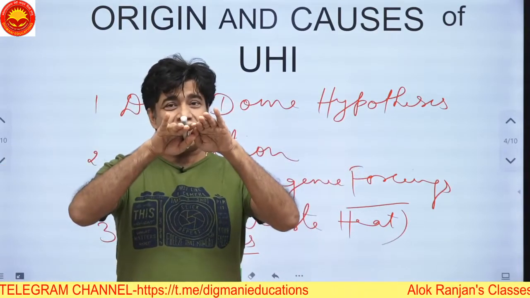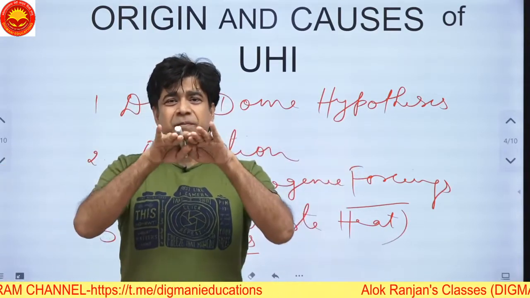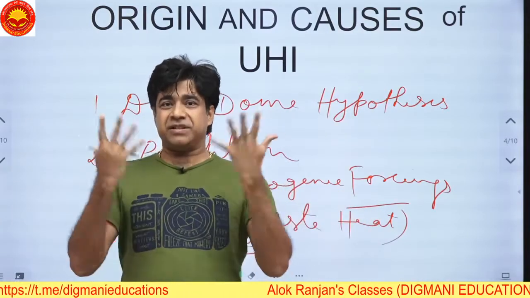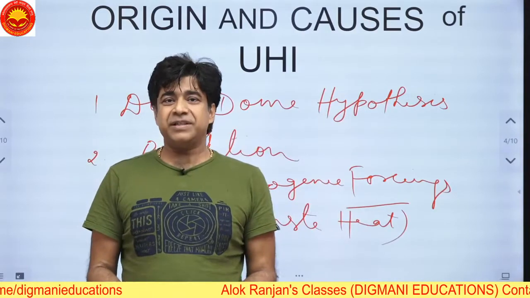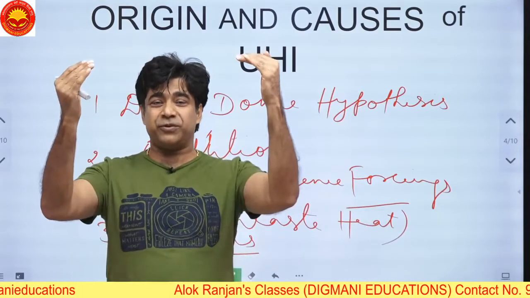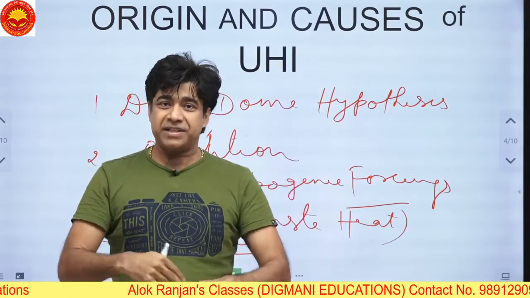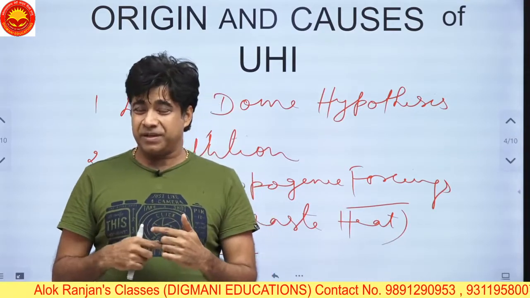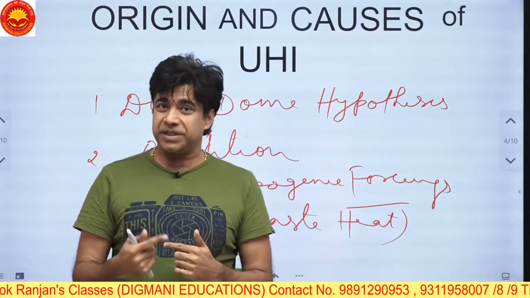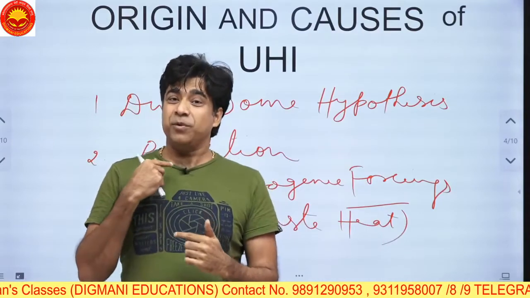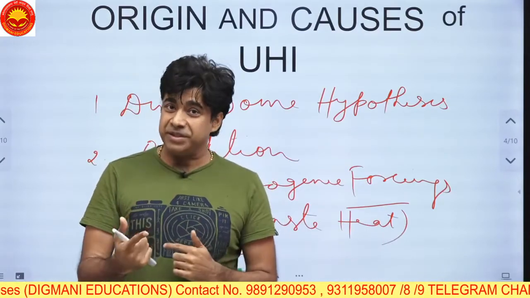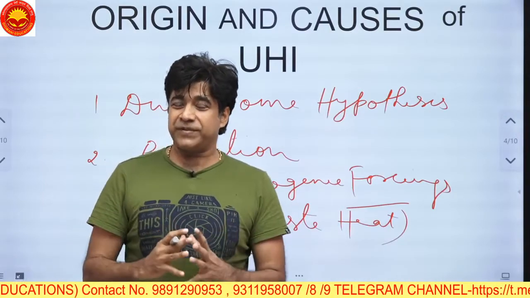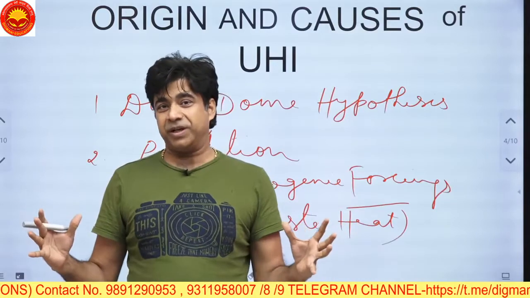And when aerosols are colder, they will act as freezing nuclei, and they can stop the heat generated from the bottom, and the heat can go and hit the aerosols and return back, and they keep heating the lower atmosphere more. So the aerosols play a great role in the formation of urban heat island, which, as I said, is more prominent during the winters. During the winters, the temperature of the core of the city is much more than the surrounding.